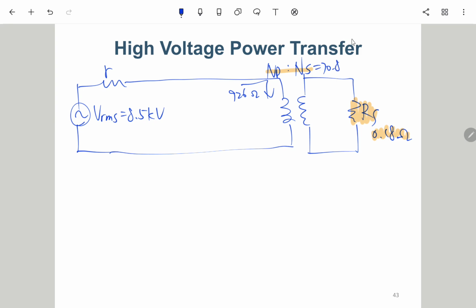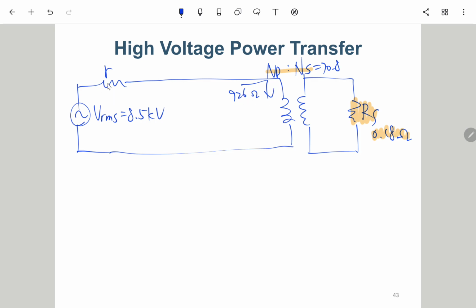So this will be 70.8 squared multiplied by 0.18, which is 900 something. Of course, the power transferred from the factory travels far away from our home, so this is a very long wire. If we accumulate a little bit of resistance, but it is still much smaller than the 926 ohm,